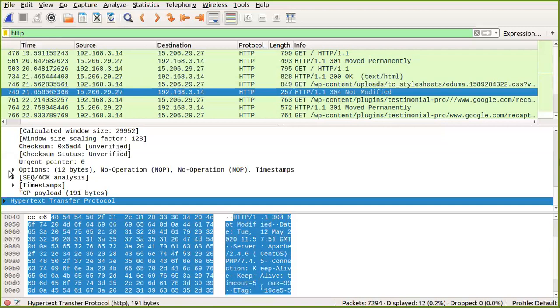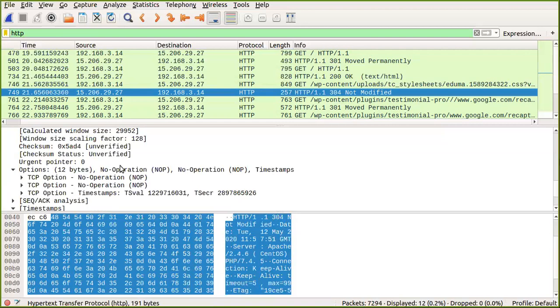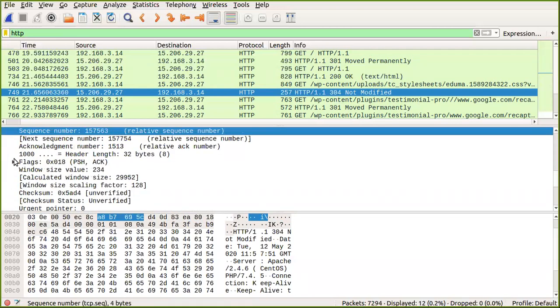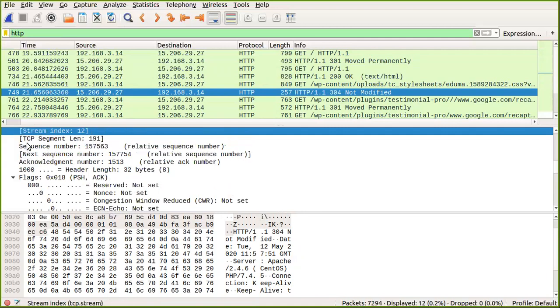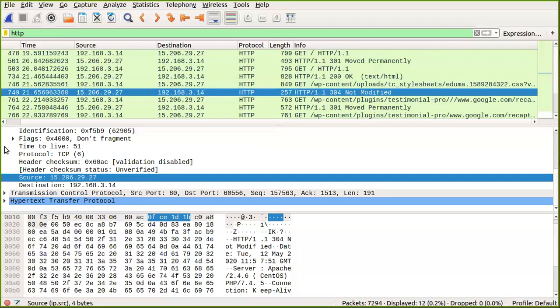So over here, the main important thing you can see is that it works over the TCP protocol, right? So the TCP operation you can see, the timestamp you can see, how the various flags are set and all you can see, right? And each of the packets has a sequence number. That is why when we are trying to load a web page, we are not getting any indefinite kind of answer. We get exactly what it is: the page is not able to load because of so and so reason, not found, or no internet connection. We get an actual response code. So it is because HTTP works over the TCP protocol.